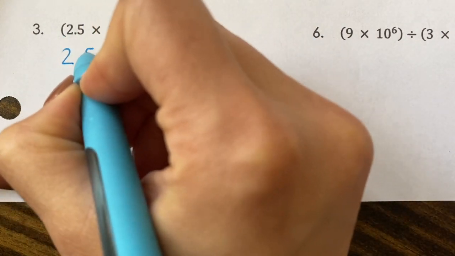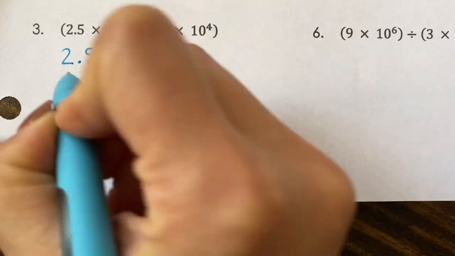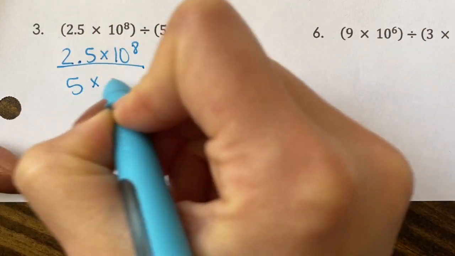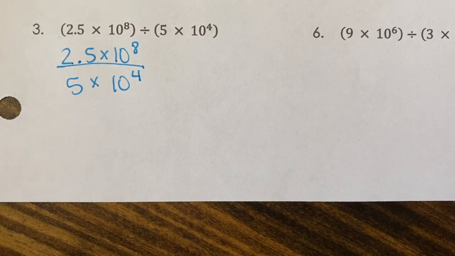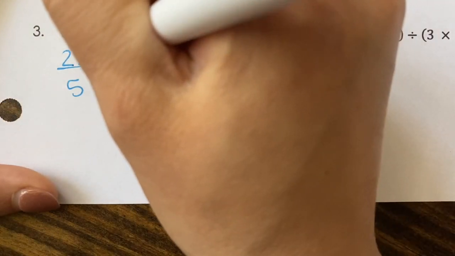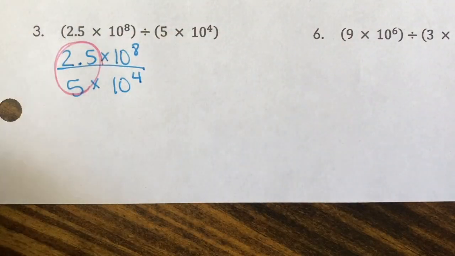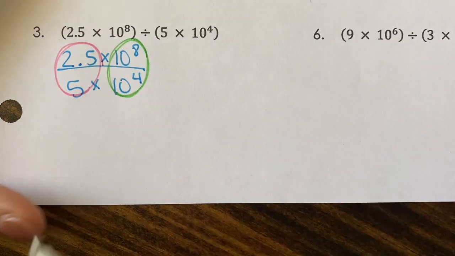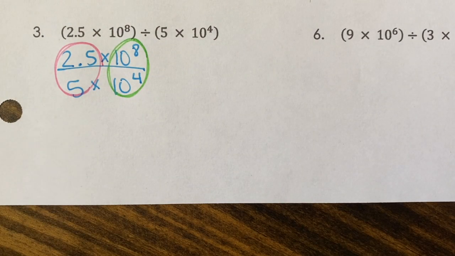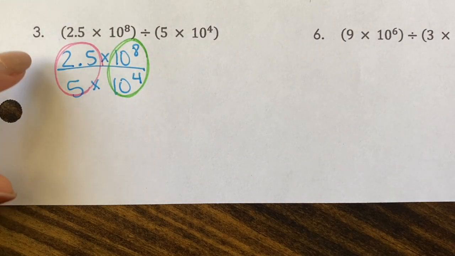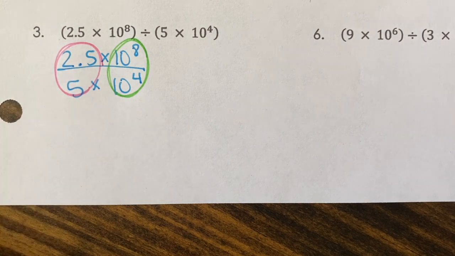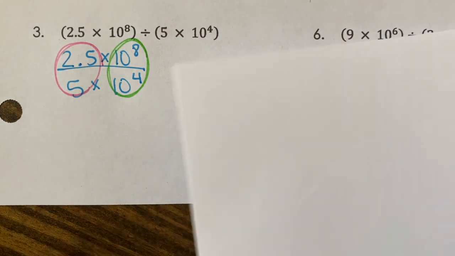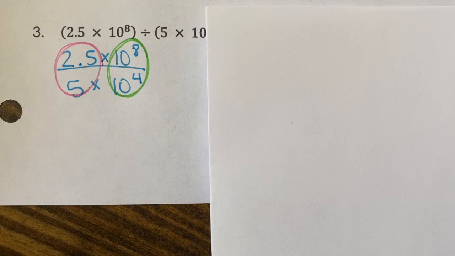So we have 2.5 times 10 to the 8th power divided by 5 times 10 to the 4th power. For this part, remember, we want to divide our numbers together, and we want to divide the same base with the exponents together. You're dividing the 2 separate pieces. So the first thing we need to do is 2.5 divided by 5. So how you do that